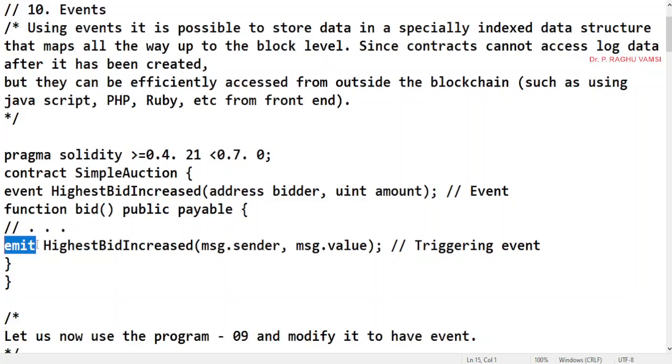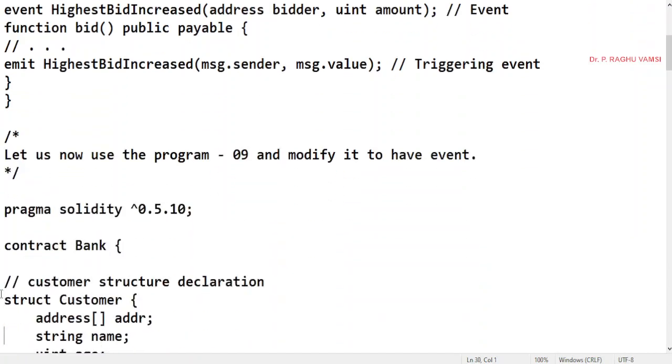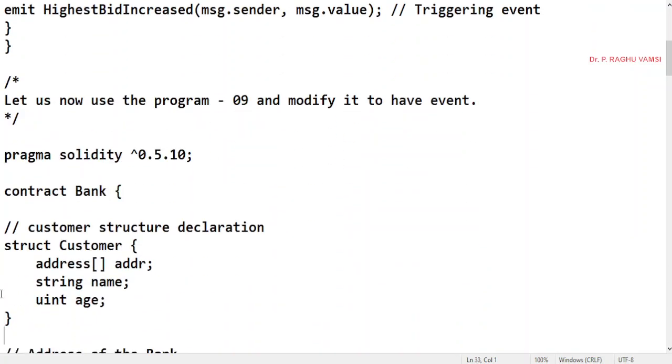This one must be remembered. Whenever an event has been written, it must be emitted so that the event will be triggered from some function or somewhere. So let us see the use of this in a program and modify it with an event.